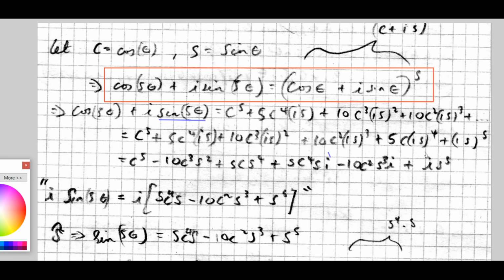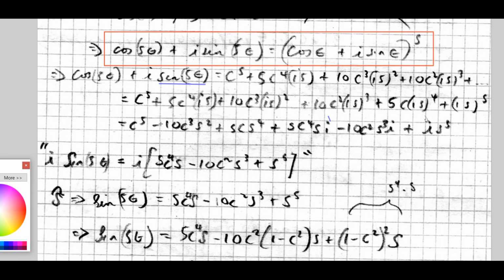We have this situation here. I'm going to take only the imaginary parts, so you can see that there is an imaginary part, there is an imaginary part, there is an imaginary part, and the left-hand side in front of the i, that is imaginary. So we have this, and then I'm going to take all the imaginary sections. So here you have